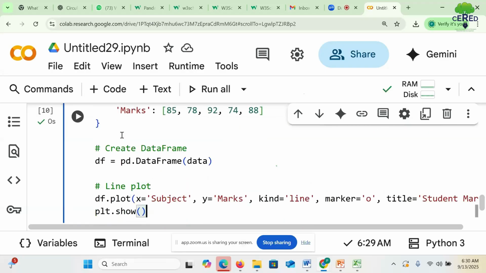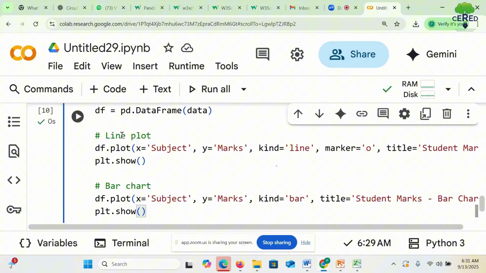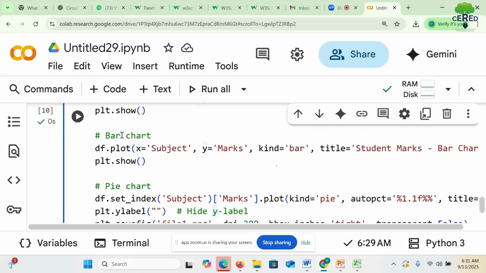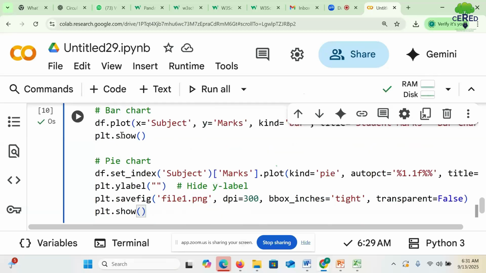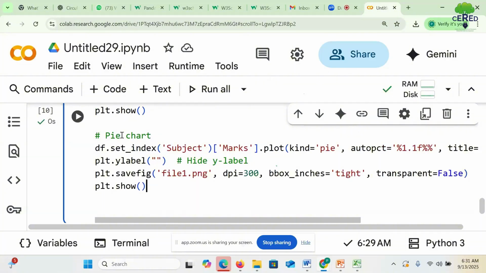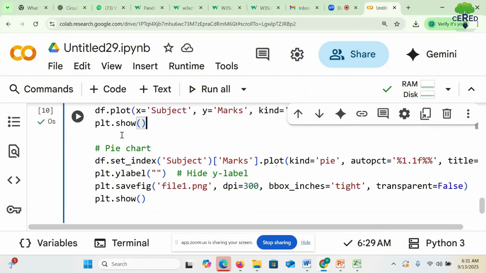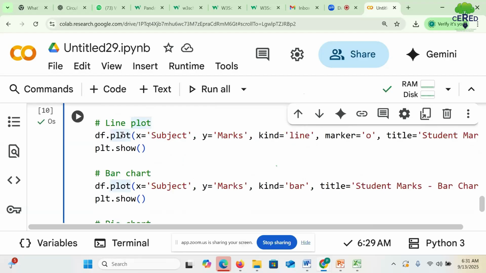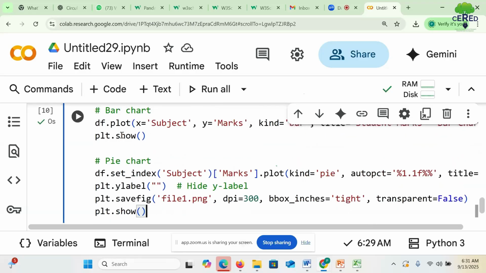Next, for the plot, X we have to do subject, and Y we simply show the marks. Next, X subject, Y marks, again we are going to show. That is for the line plot if you want to show, and a bar chart also we can display. But we have done only the pie chart here, correct? So there are 3 things; if there is an option, I can show you all of them. Right now, you can see all the things available in file.png. So 3 things we can do. If I remove the pie chart,